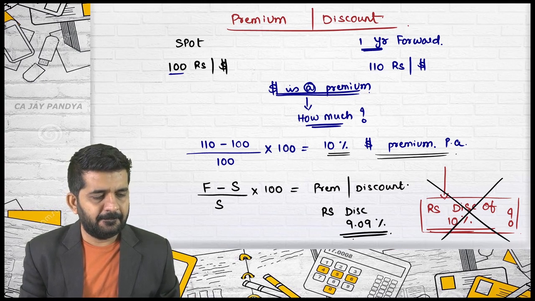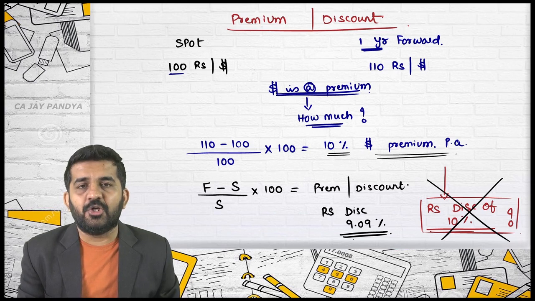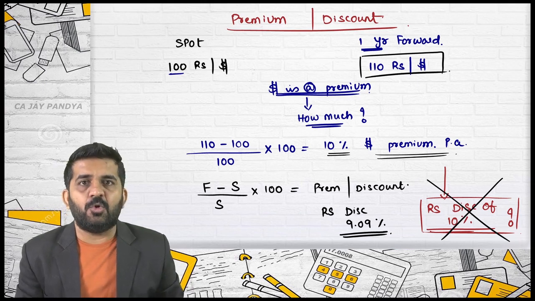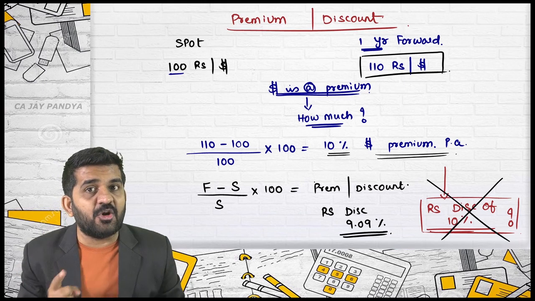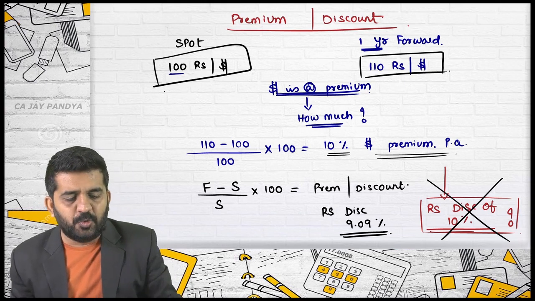It's the rate after 1 year, isn't it? Agreed. But try to understand, in the forward market, a dollar is trading higher or lower. This rate is applicable for today. If you want to enter into a contract today, try to concentrate. Forward contracts are not entered after 1 year, they are entered today. This rate is also today.